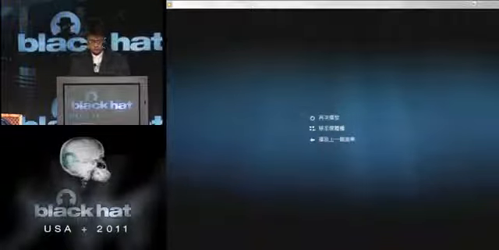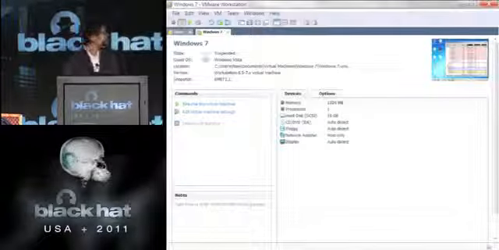Okay, now we are going to have a real demo. We will see what happens in the memory after spraying.